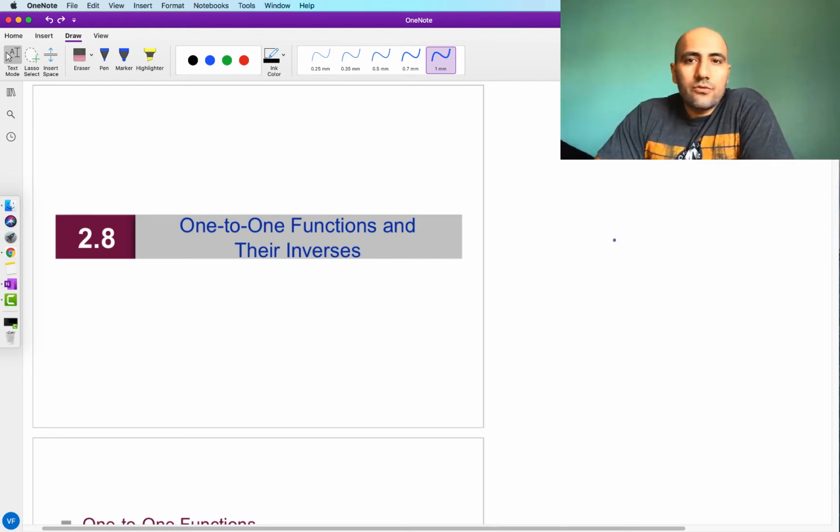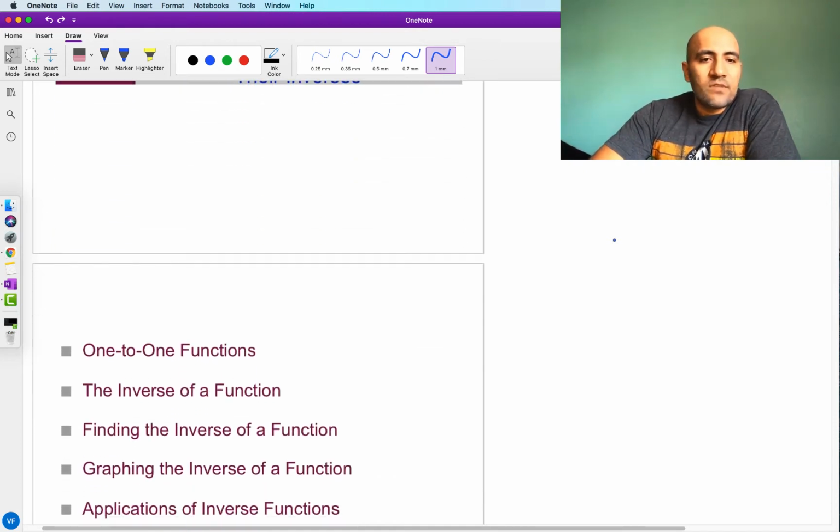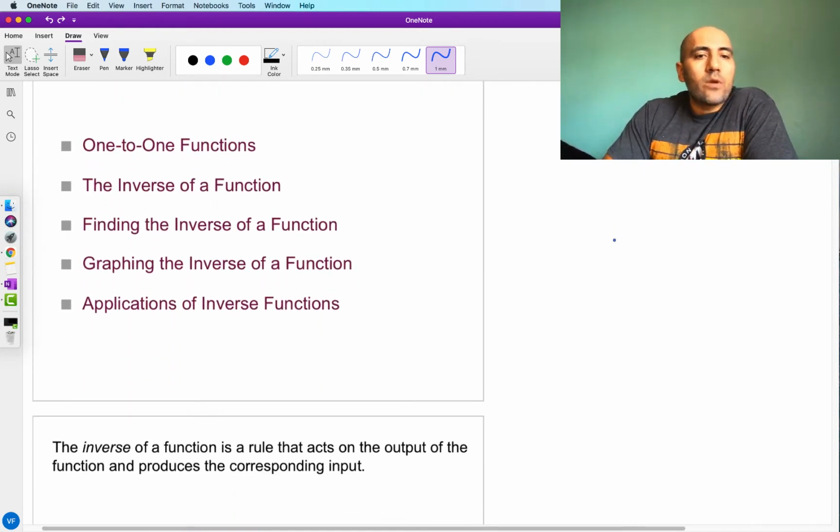Okay, Chapter 2, Section 8, one-to-one functions and their inverses. So in this section, we're going to cover one-to-one functions, the inverse of a function, finding the inverse of a function, graphing the inverse of a function, applications of inverse functions. Okay, so